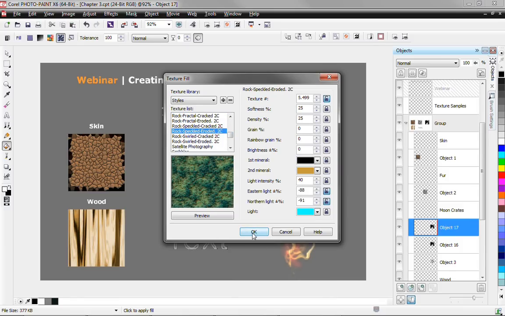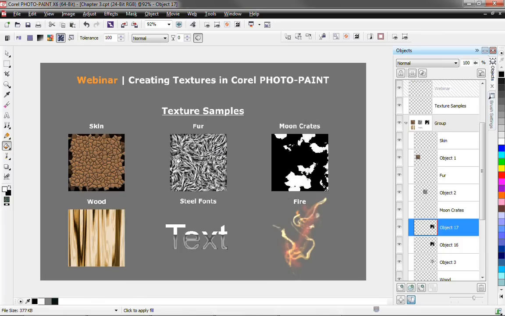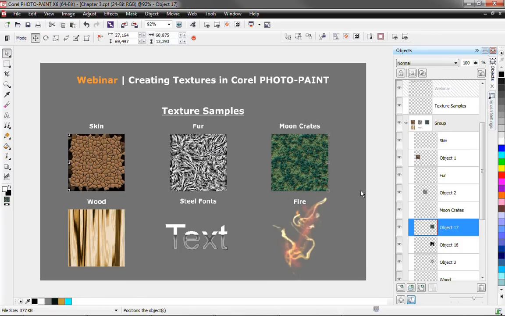There it is. I can leave that as it is. It looks like trees, some patches of trees on grass, and this is a very cool texture for this purpose. So here it is. Now we have some trees on the moon,